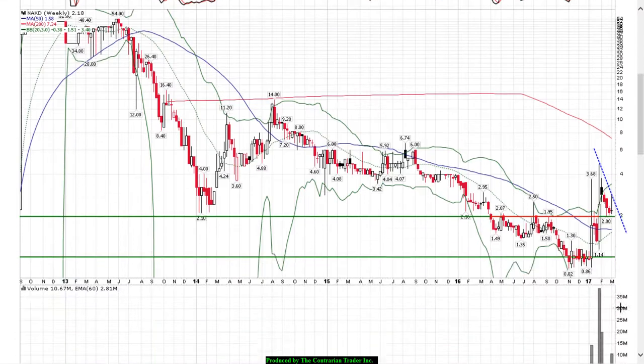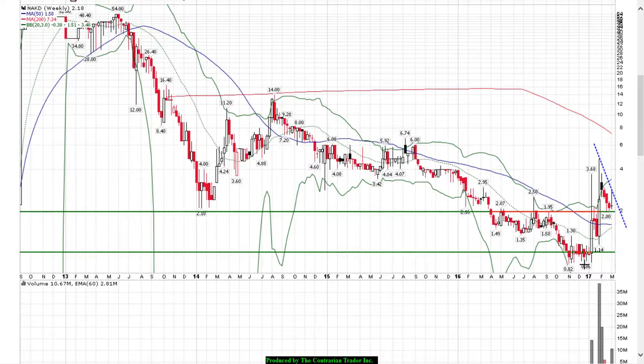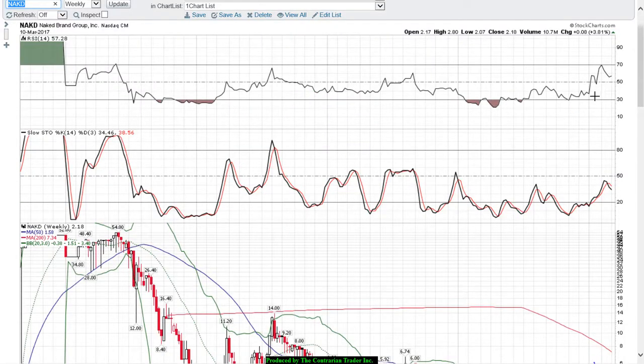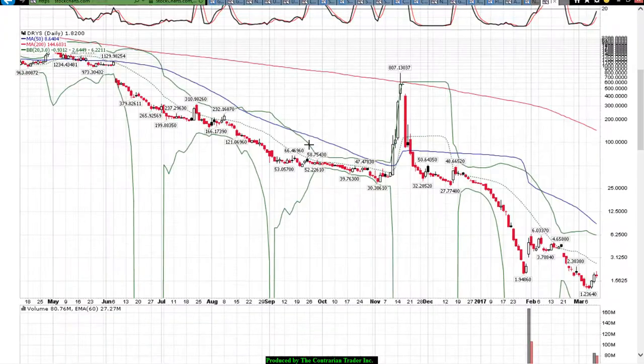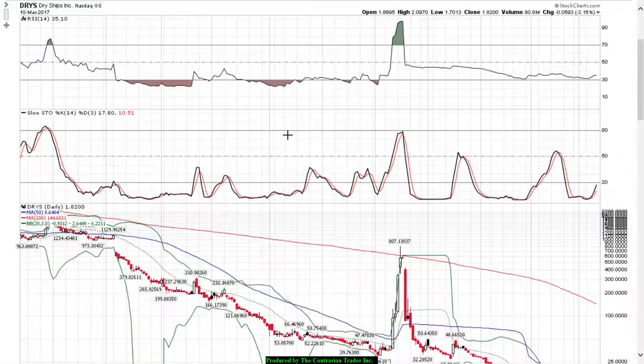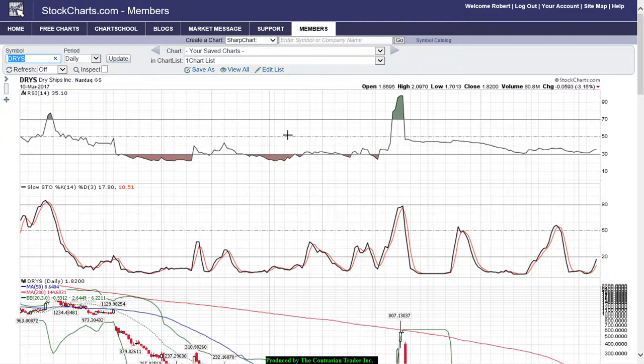But I think that it's looking fairly bullish because we had a good consolidation here, late 16, early 17, then the subsequent move higher. Now it's digesting those gains. RSI is putting in higher lows and hooking back up. Same thing with Stochastics. So you have your indicators confirming price performance. Good stuff. Chris's next chart request is DRYS, DryShips.